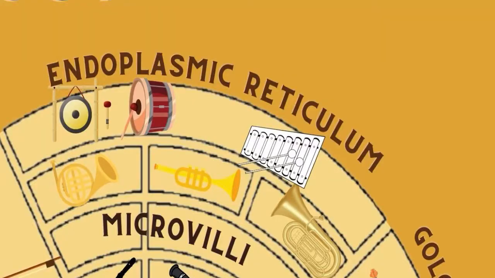Next on the agenda is the endoplasmic reticulum. Endoplasmic reticulum's general function is to produce proteins for the rest of the cell to function. The endoplasmic reticulum is a collection of tubes that make, package, and transport proteins and fats. The percussion section of the orchestra is similar in that it produces the beat and rhythm for the other instruments to follow. It is just like the endoplasmic reticulum, which produces proteins for the rest of the cell to function. This is a perfect sample of what I mean. You can hear the other instruments follow the percussion in the music.